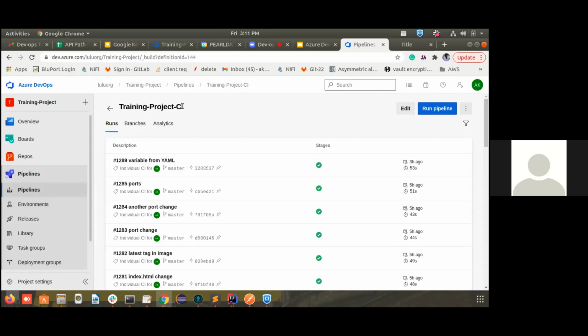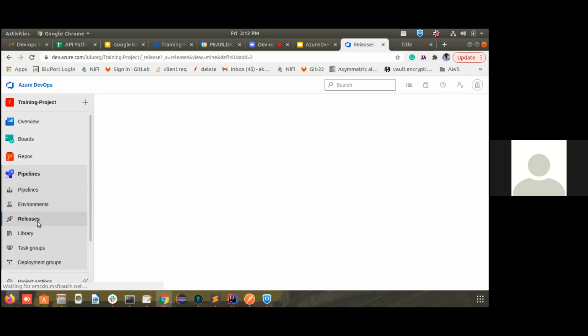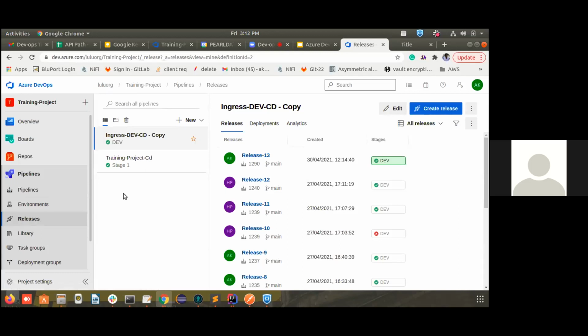So basically, we have one CI and the CD. CI is where your build takes place, the creation of your jar and the Docker image that you create and push to the Docker registry. Everything like that happens inside the CI section only, that is inside the pipeline. And the release, the actual deployment of the application to your Kubernetes cluster, will happen inside the release. So first we'll check the CI pipeline.